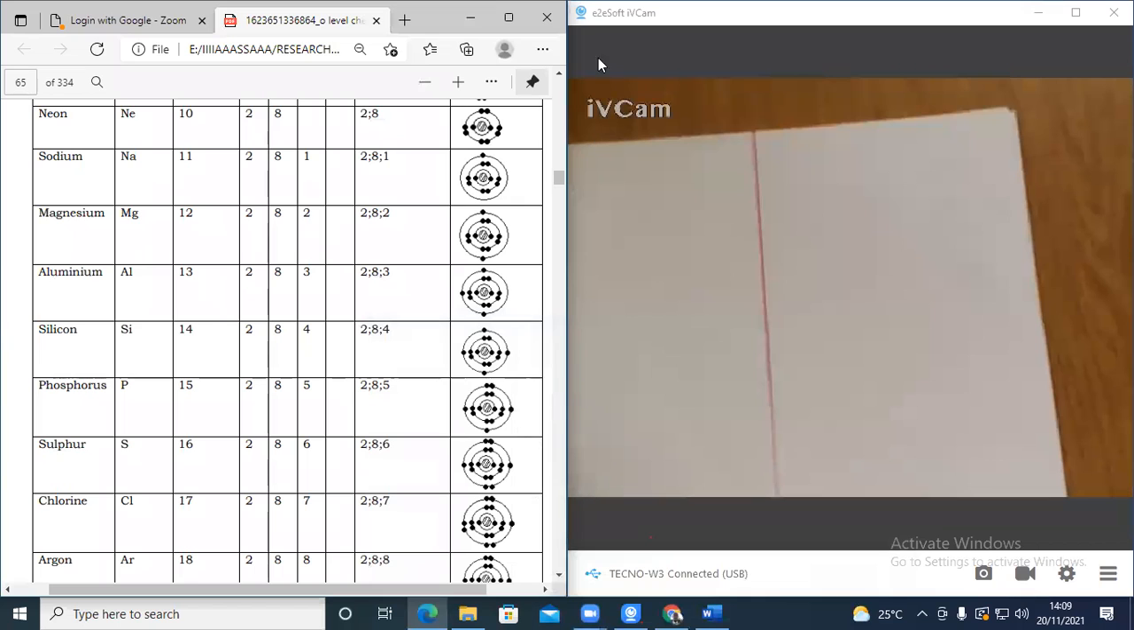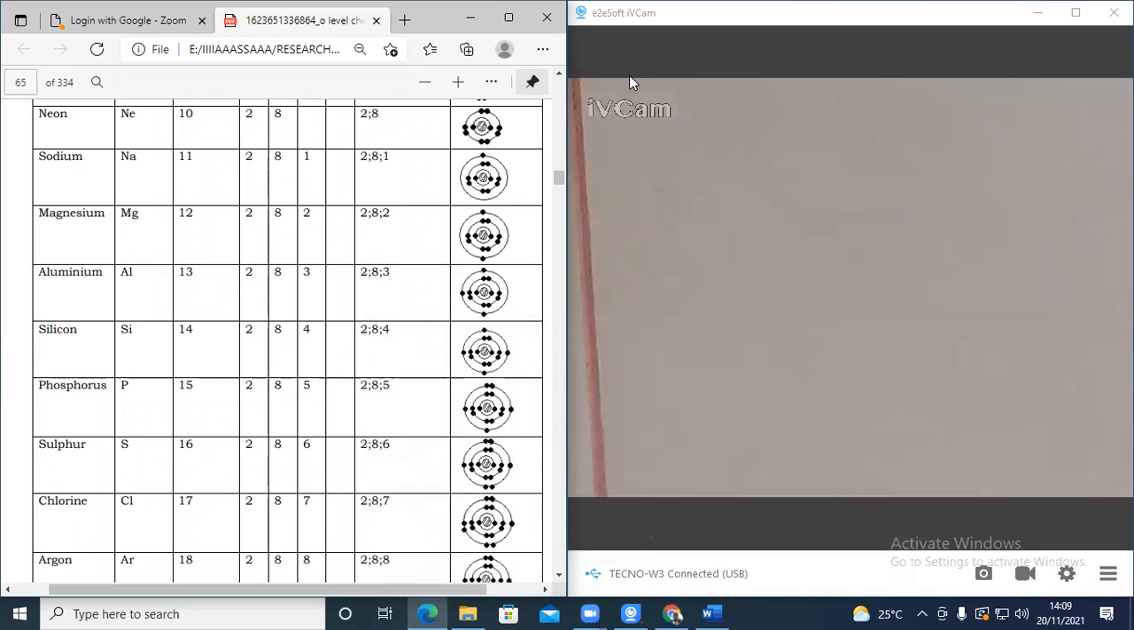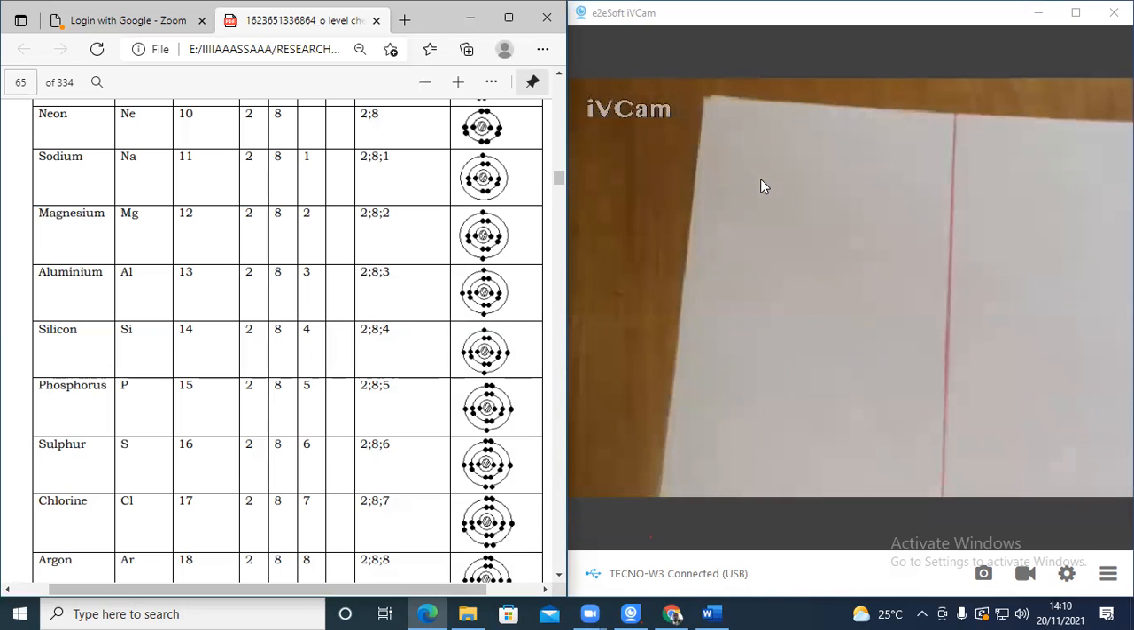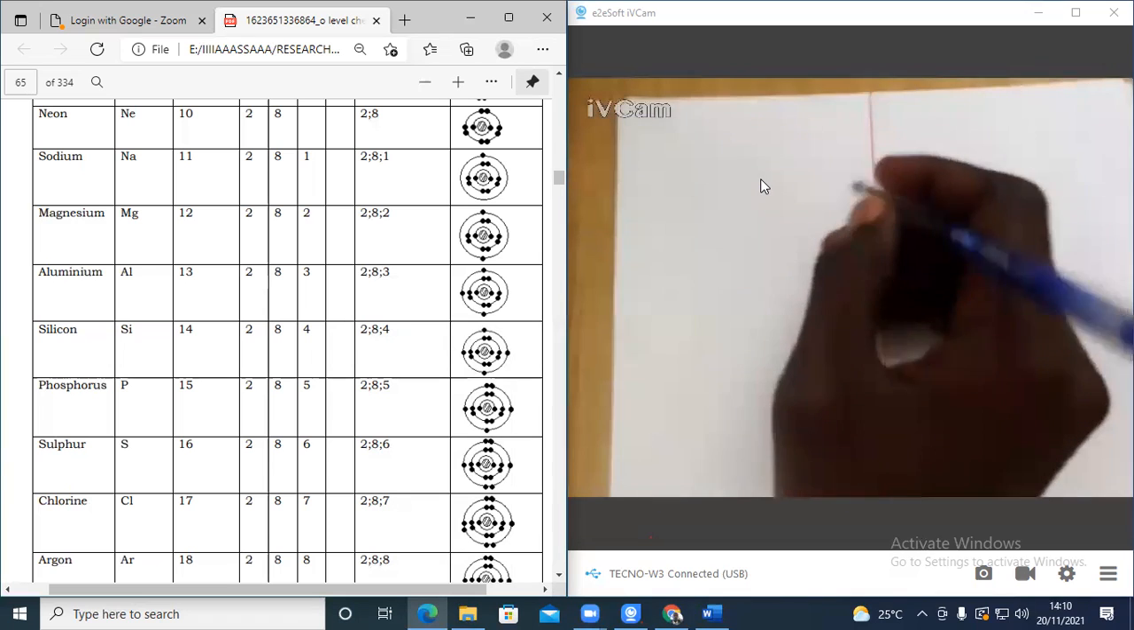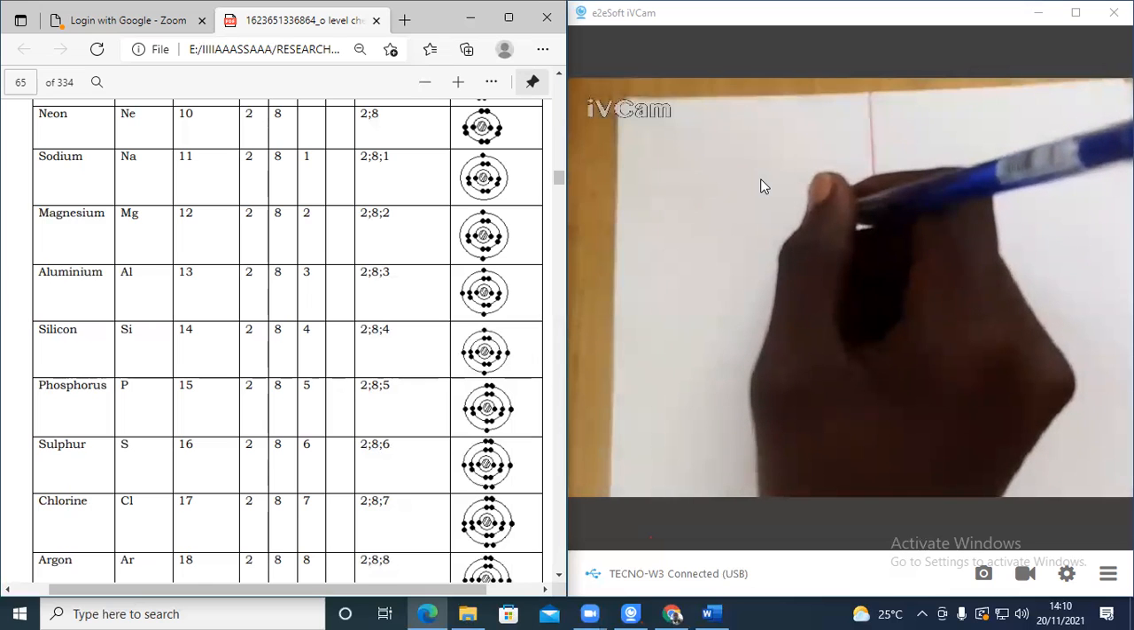Hydrogen symbol H, helium He, lithium Li, beryllium Be, boron B, carbon C, nitrogen N, oxygen O, fluorine F, neon Ne, sodium Na, magnesium Mg, aluminium Al, silicon Si, phosphorus P, sulfur S, chlorine Cl, argon Ar, potassium K, and then chlorine